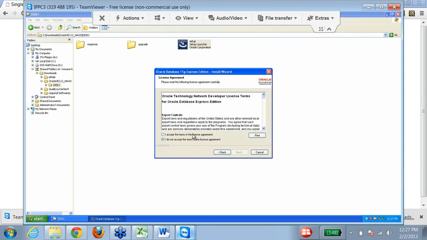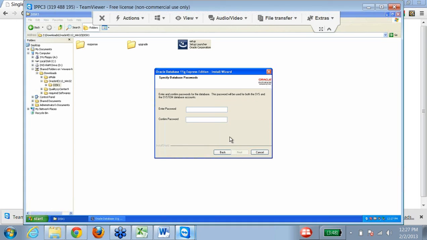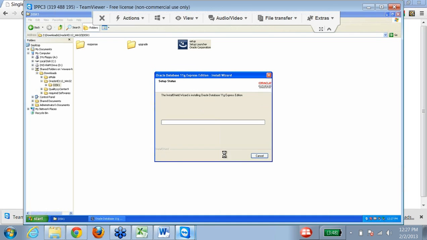Click on next, accept the agreement, next. You need to have this much space. You need to enter the password. Never forget that password. If you forget that password, you won't be able to change it. The best way is to use Whitebox QA as the password, since the machine would be used only by you. You will never forget it. Whitebox QA, and the confirm password, Whitebox QA. Install.